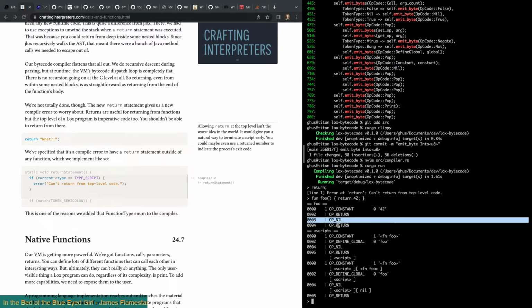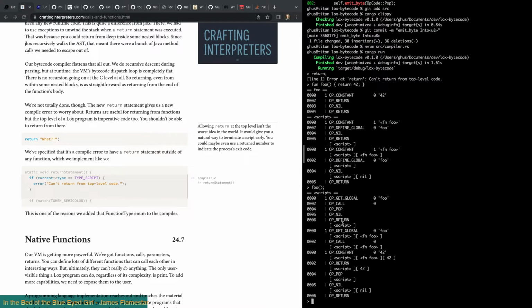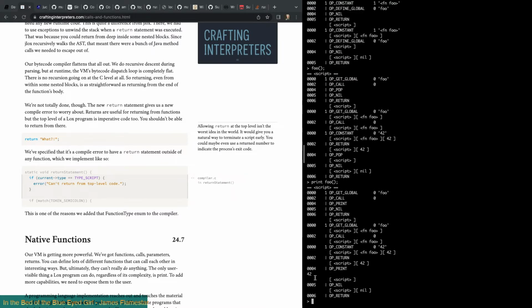That's interesting. Why? What's that all about? If I say foo now, it should put the 42 on the stack, and it does. If I say print foo, it should actually print out the 42, and it does.